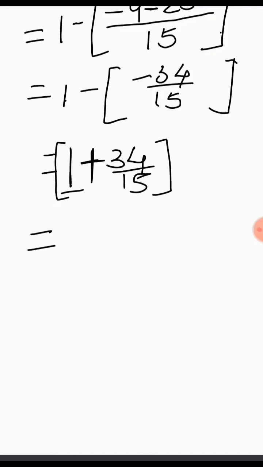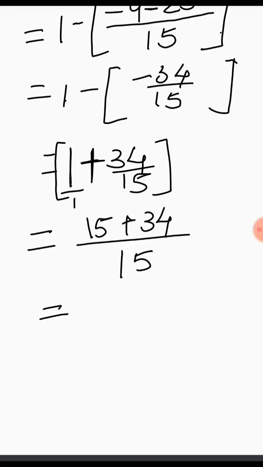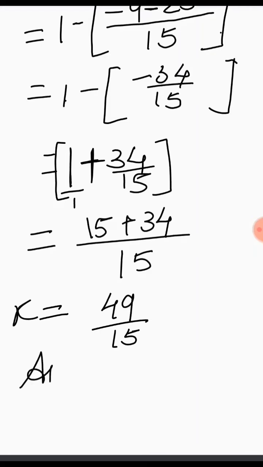Now you can see here there is no denominator, so you can take 1. And now again you have to find LCM. The denominator is not same, so 15 is the LCM. And you know 1 into 15, here 15 plus 34. And now add this, 49/15. 49/15 is the answer, means this is the value of x, and then you will write the answer at last. What will be the answer? That the number to be added is 49/15.